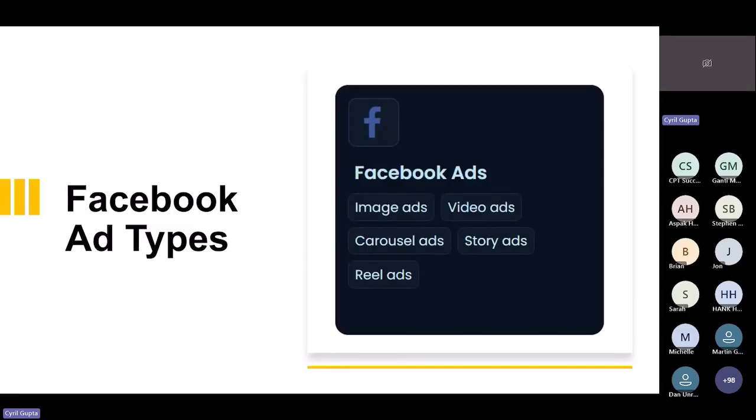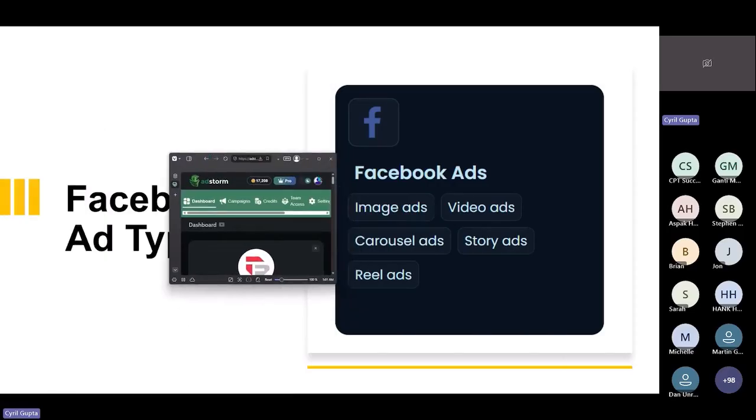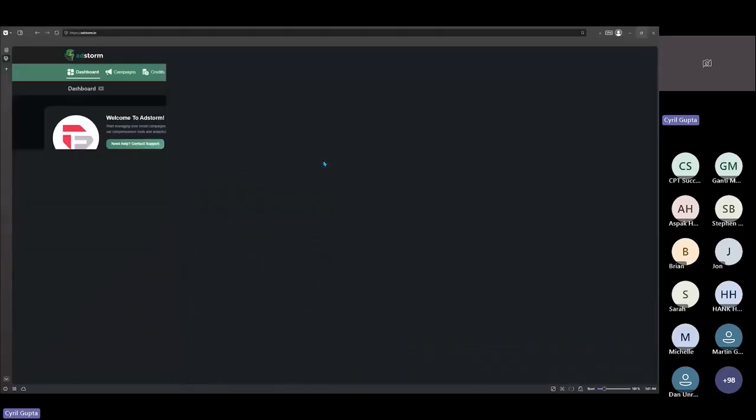If you would like that, give me a yes in the chat and I will load up the app and we will take a look at the app live. Let me know in the chat if you want to take a look at the app live with me on the webinar. We've got Stephen says yes, and Miles says, let's see the features. Okay, awesome. So yep, I get your point, and I'm going to show you Adstorm as we speak. We're going to create some real ads right away.